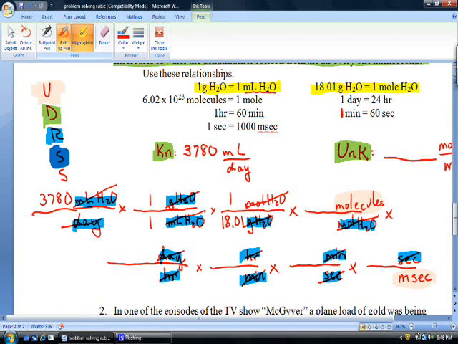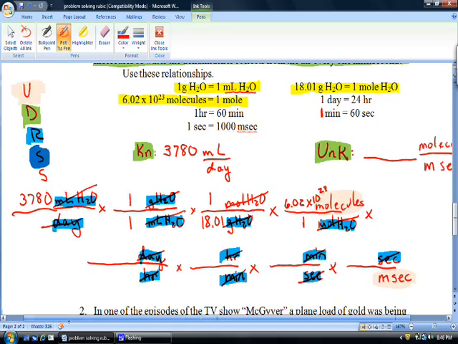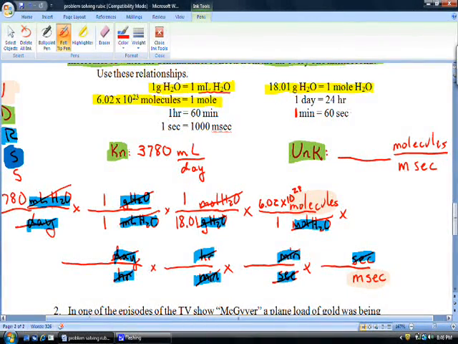The next relationship we're going to use looks at molecules and moles of water. So that would be this relationship right here. The number that goes with moles is 1. And the number that goes with molecules is 6.02 times 10 to the 23. Now, some of you know how to put that in your calculator, and some of you do not, but that's going to come along at a later time. So we're moving on now